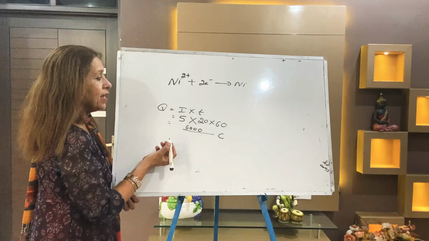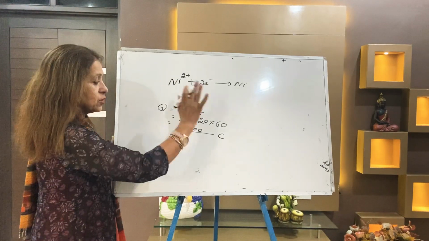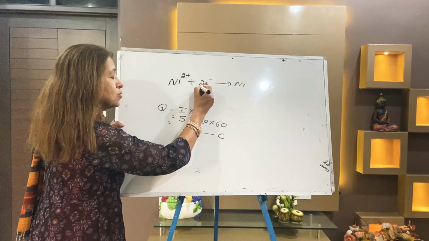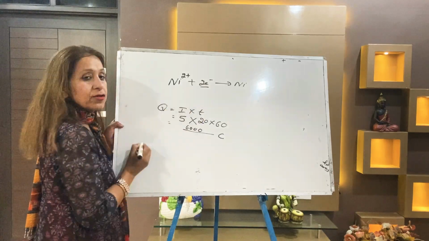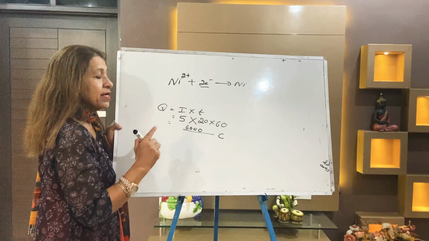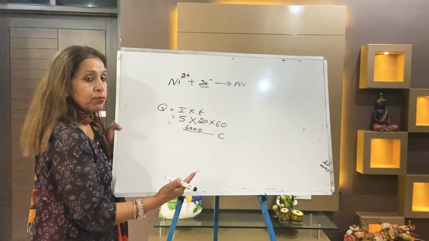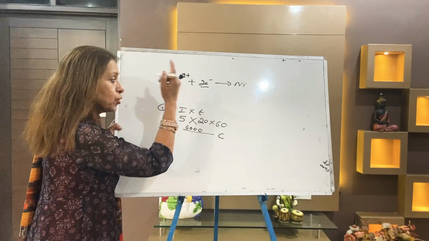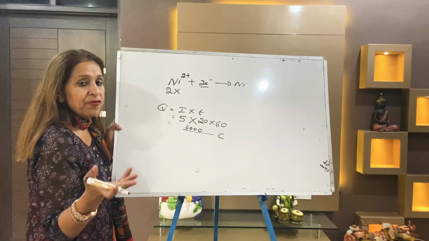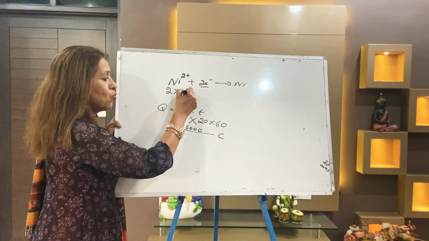So now you can apply here. Now you come to this equation part. Write down the equation, and this is your 6,000 coulombs. Now, students, you will write the equation here. You can see 2 electrons. You will never say 2 electrons; you will always say 2 moles of electrons. When 1 mole of electrons moves, it carries 1 Faraday. When 2 moles of electrons move, it carries 2 Faraday. You may attempt your numerical in Faraday or coulombs, it is one and the same thing. Since it's in coulombs, it's better to apply coulombs here.